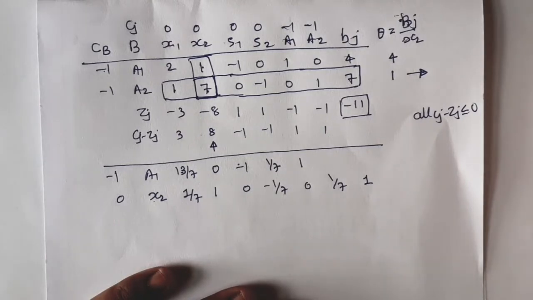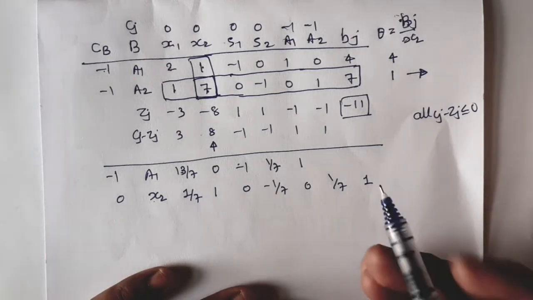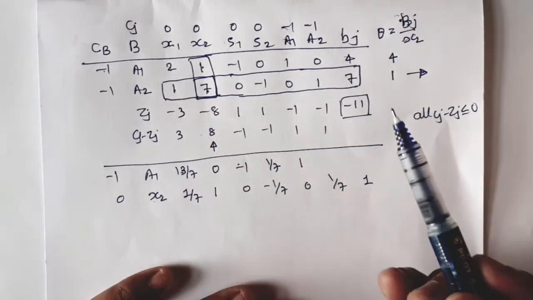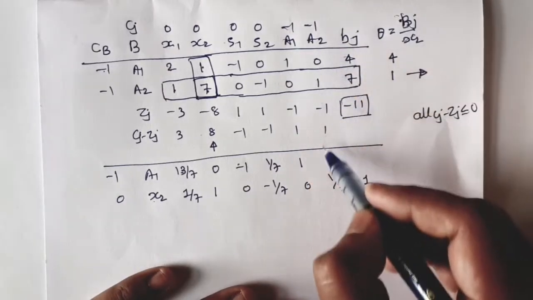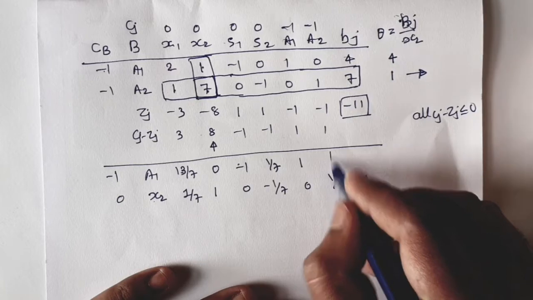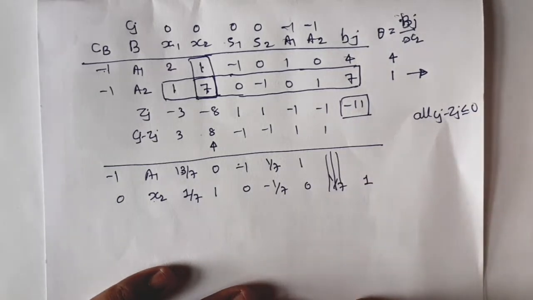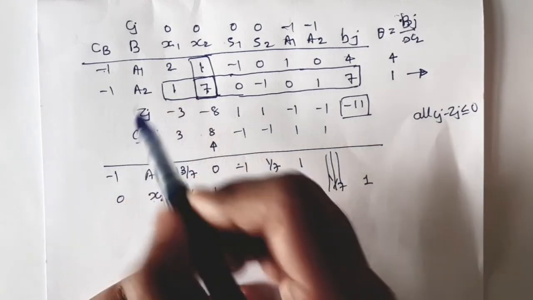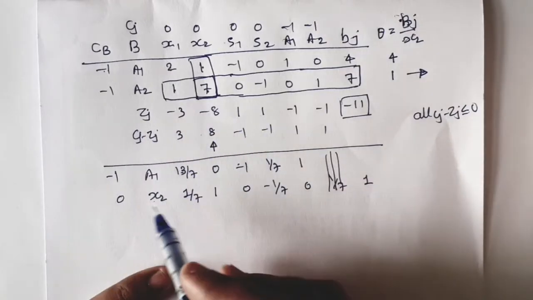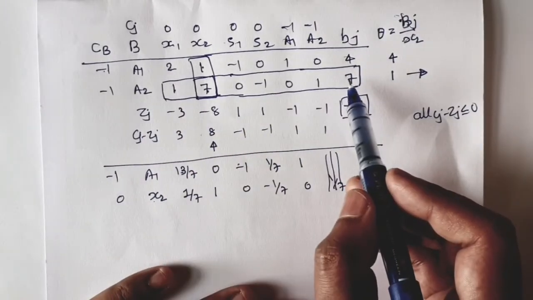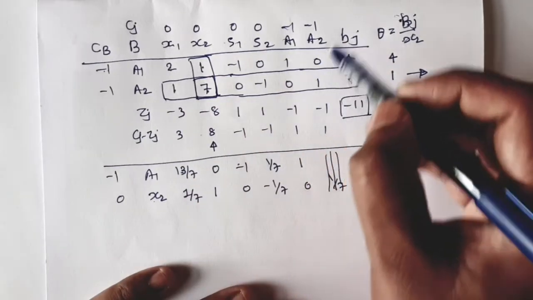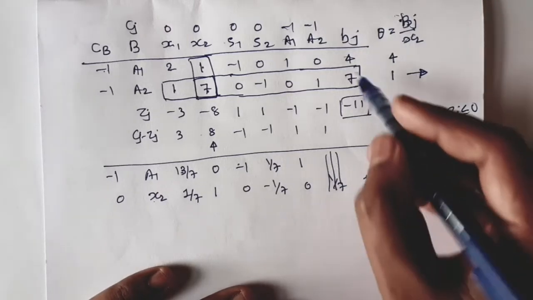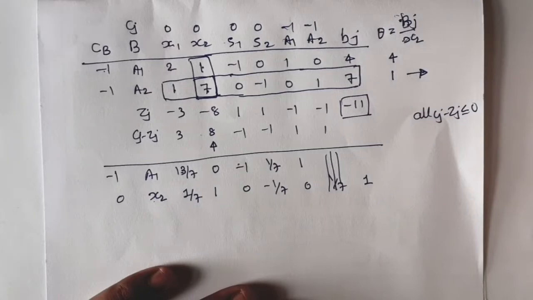Now here one thing is important to note: when an artificial variable is in the basis, and at any stage it leaves the basis, you need not write it in this table. So in this table we can neglect this column, because a2 first appears in the basis, and after completion of the first iteration, in the second iteration it leaves the basis column. So when it leaves the basis column, you can neglect it from the main table. So here we will neglect this column.